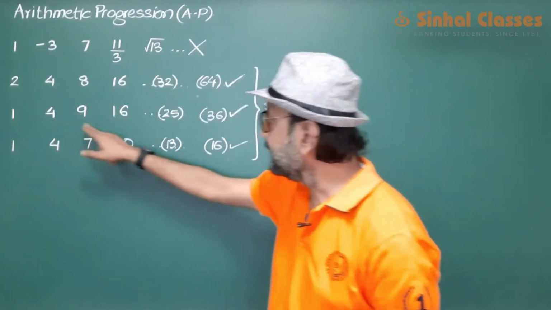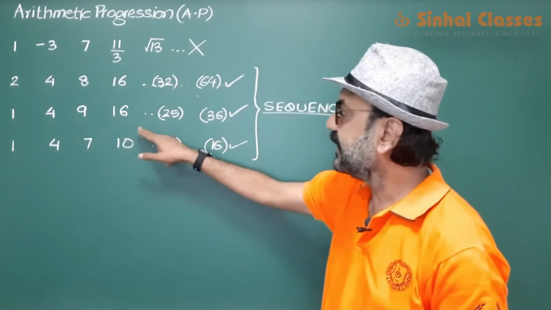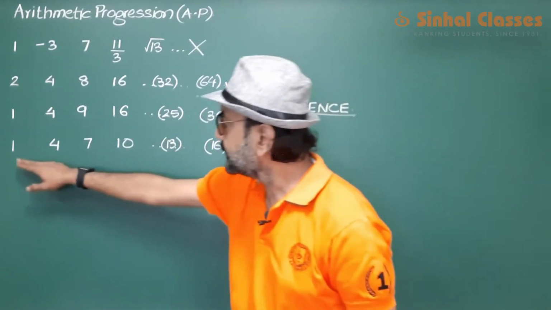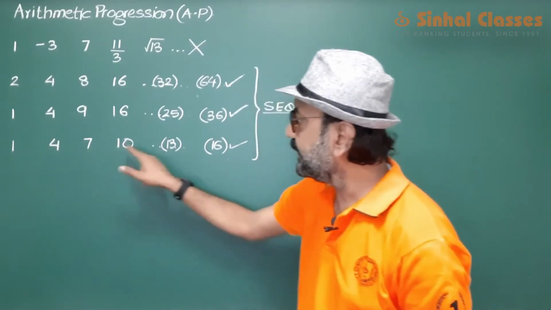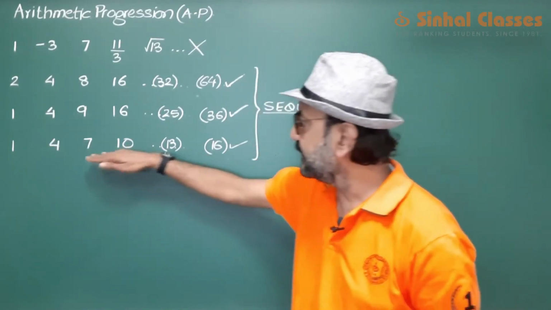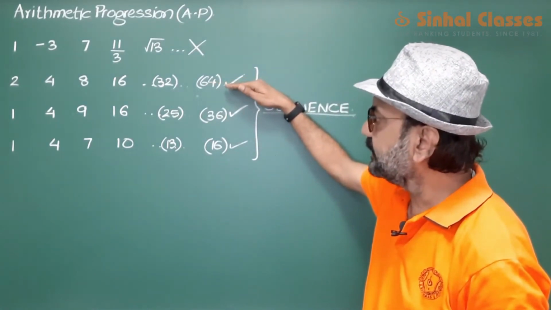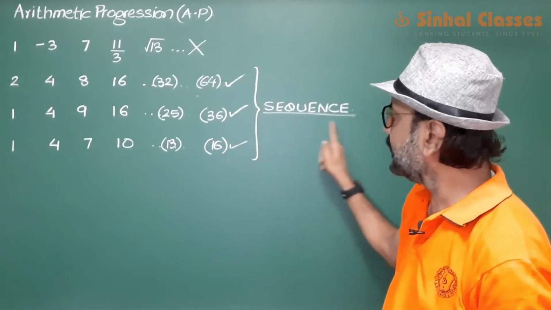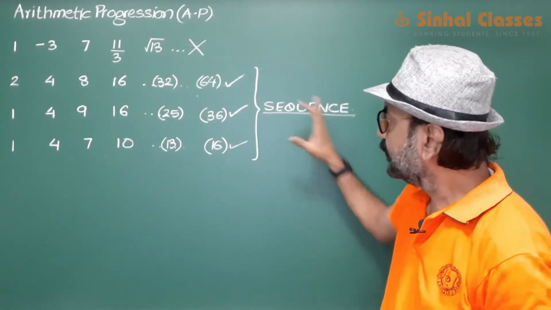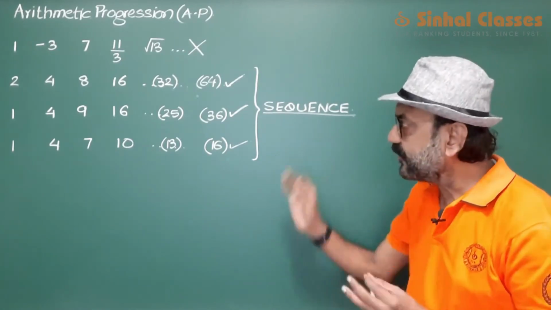सेकेंड लिस्ट ऑफ नंबर्स में हर नंबर स्क्वायर हो रहा है, तो यहां का रूल है हर नंबर का स्क्वायर लेना। थर्ड लिस्ट ऑफ नंबर्स में हर नंबर के बीच में 3 का गैप है, तो यहां का रूल क्या है? There is a difference of 3. So when you can predict the numbers by some definite rule, such a list of numbers is called a sequence. तो ये तीनों तो बेटा आपका सीक्वेंस हो गया।